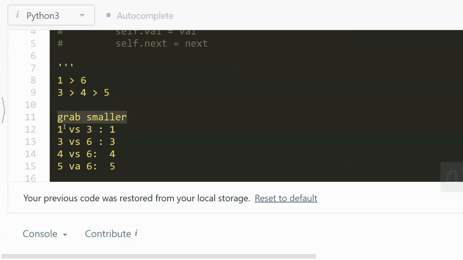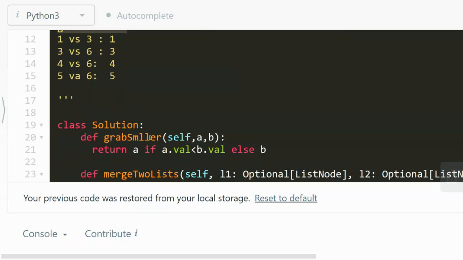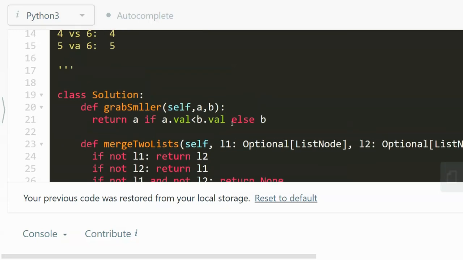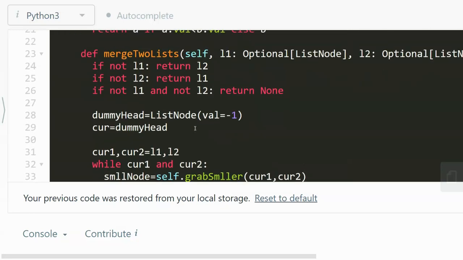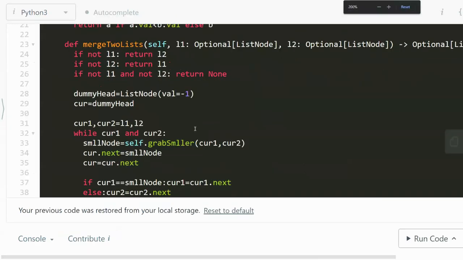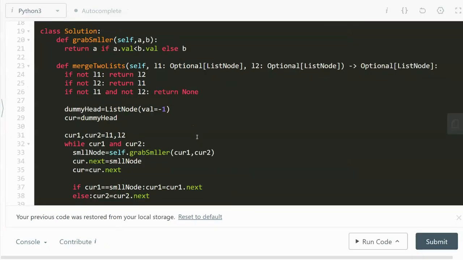So we need a function to grab the smaller node of the two nodes we compare each time. Okay, and yeah, so this is actually the function. I'm going to walk through it with you later, and let me show you the bigger picture. So first, let me zoom out a little bit. First, we have